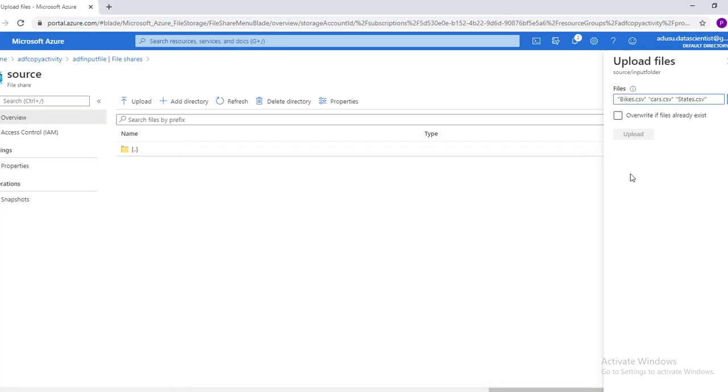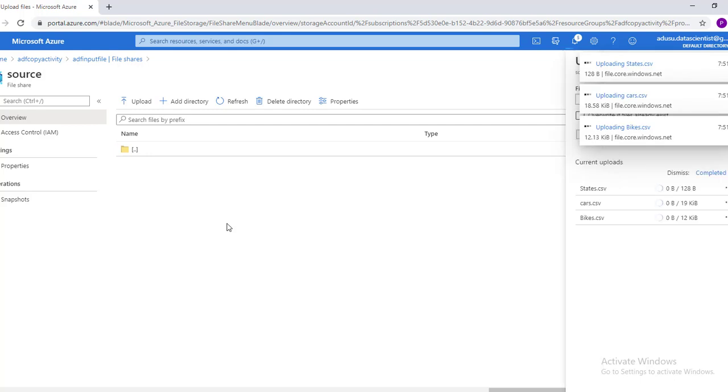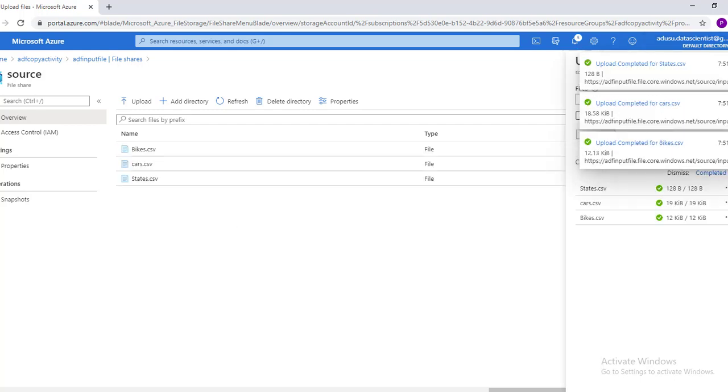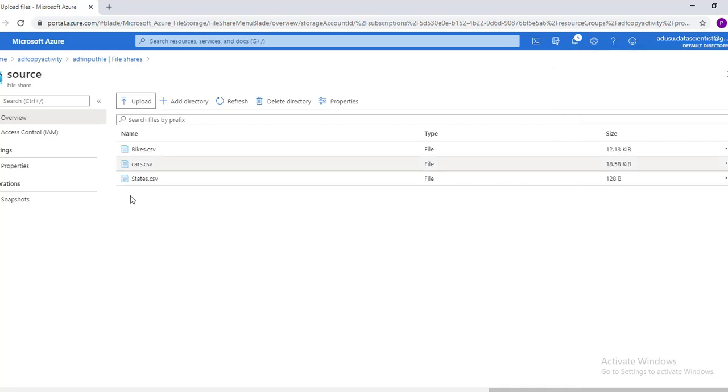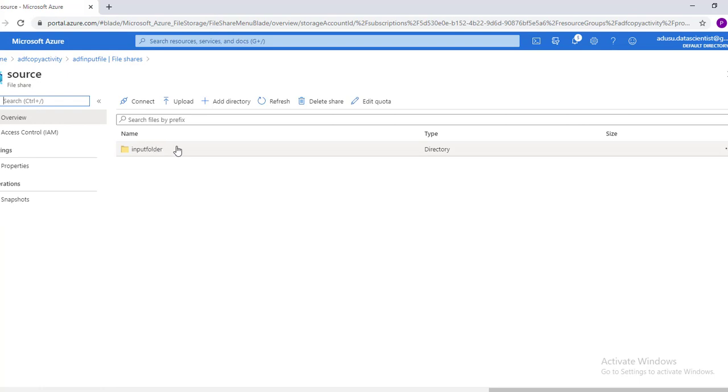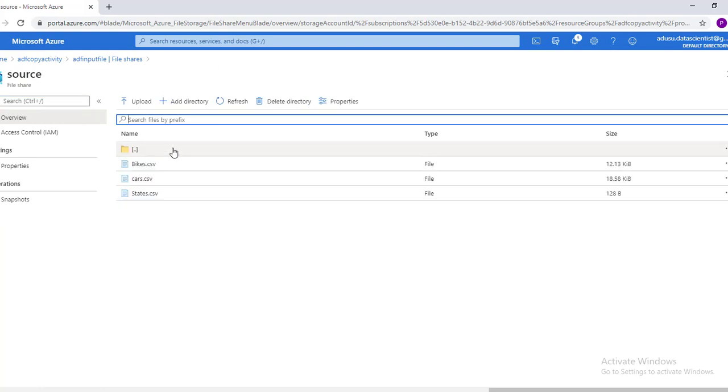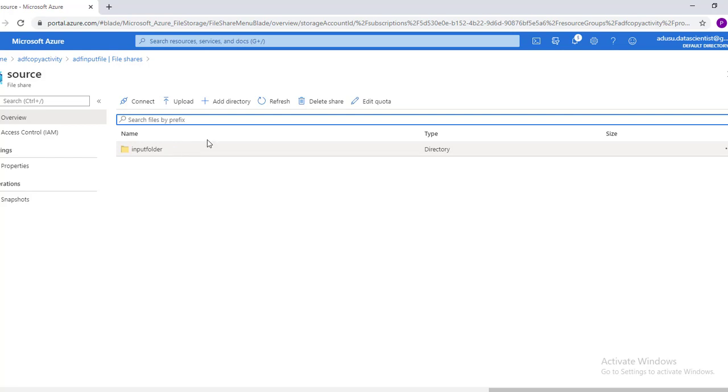Here we'll move the complete input folder consisting of 3 files from storage to data lake store. All the files are successfully uploaded. Now in the input folder we have the files.